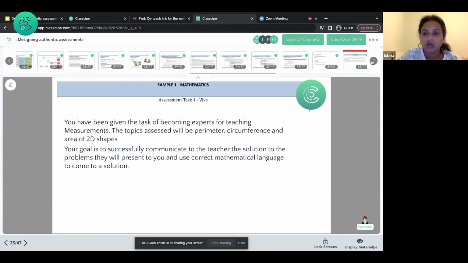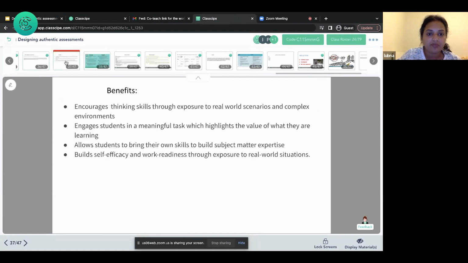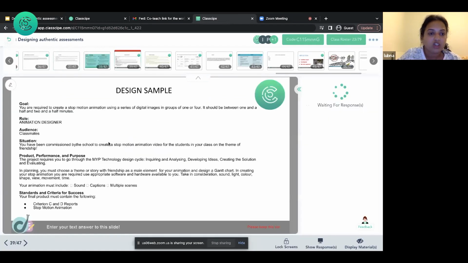So let me just, are you able to see my screen? All right. So let's say if I'm talking about goal, so you are required to create a stop motion animation. This is a design task that I have using a series of digital images in one of the groups of 4. Okay. But if I look at the purpose here, the purpose is it's actually asking them to go through the design cycle